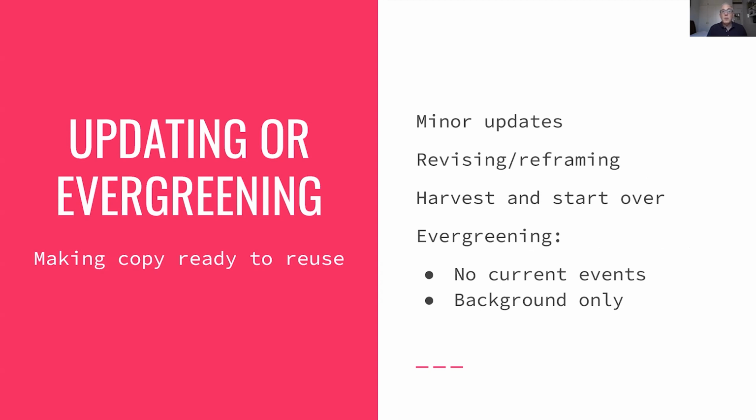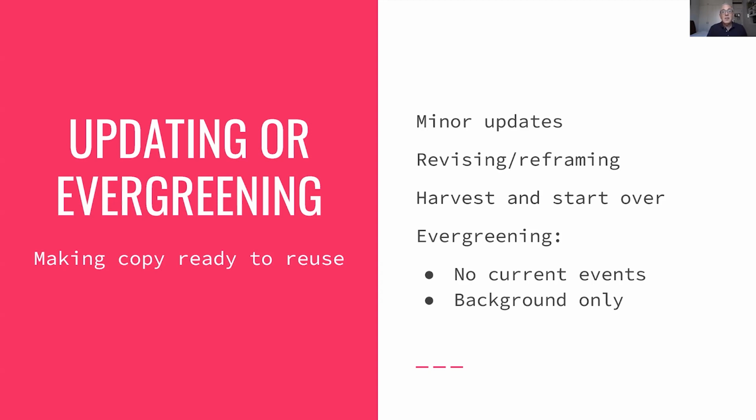One is to leave the piece just as it is and to make clear it's an old piece of work. Maybe the headline starts with a label like "From the Archives" or with the date of original publication. Another approach is to update the piece to reflect the new situation. Sometimes this is a small tweak. For instance, last week, a colleague of mine updated an explainer on the US government's debt ceiling just by adding that the Republicans who had won the election in November now were actually in charge of the House of Representatives.